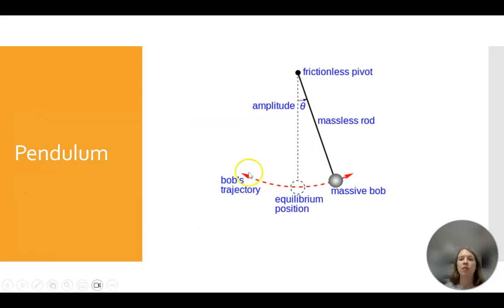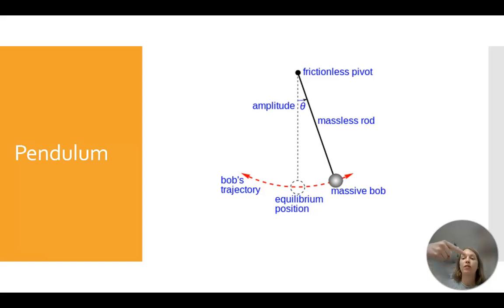So for a pendulum, we've got a little vocabulary. We would have a massless rod or a massless string if we're considering an AP question on a pendulum, that would have the majority of the mass at its bob or at the very end. And then it would pivot at a pivot point here where the equilibrium position is when it's just at rest, straight down. But then if we displace this massive bob,